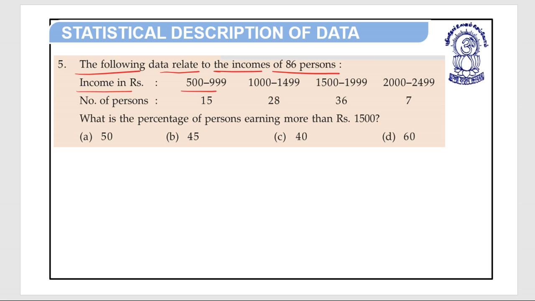Income in rupees 500 to 999, 1000 to 1499, 1500 to 1999, 2000 to 2499. Okay. So here